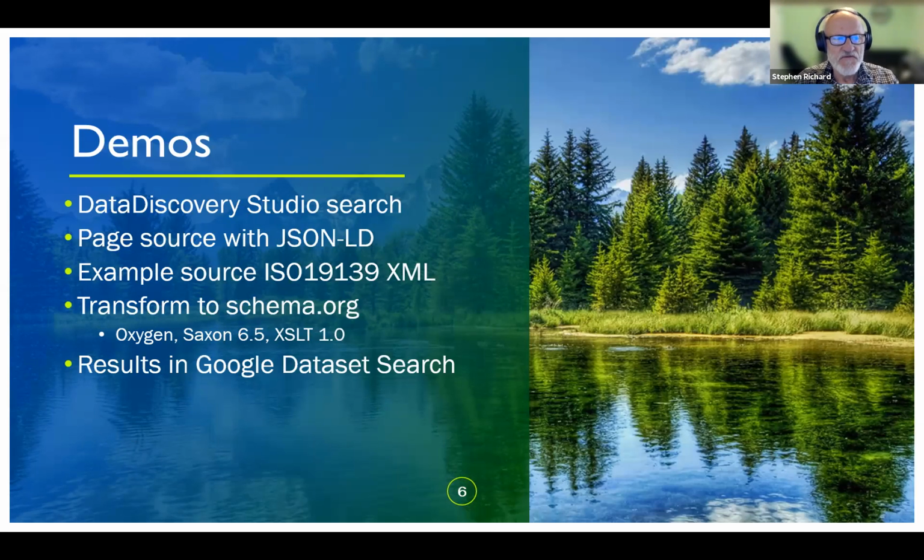So I just wanted to flash on a couple of things of what this actually looks like in practice. I'll show the Data Discovery Studio with a quick search, how the JSON LD is embedded in the HTML, a quick look at what the XML looks like, and then how we're doing a transform. I use the Oxygen tool for working with the XML with a Saxon 6.5 XSLT processor. And then also what the results look like in the Google dataset search. So I'll flip over